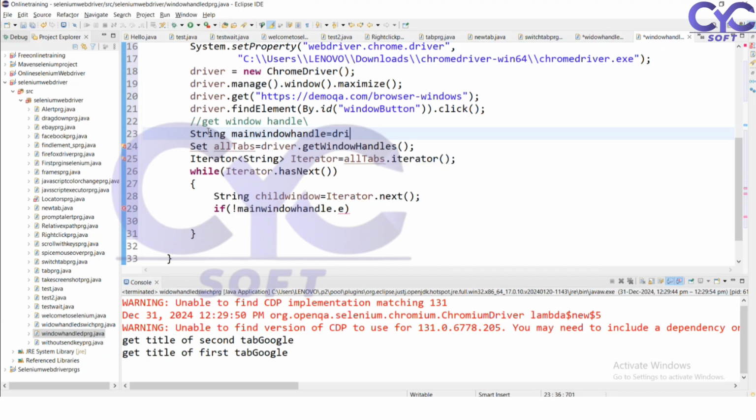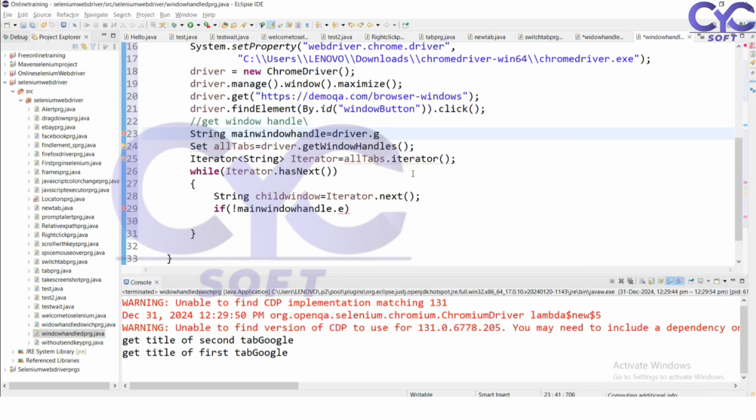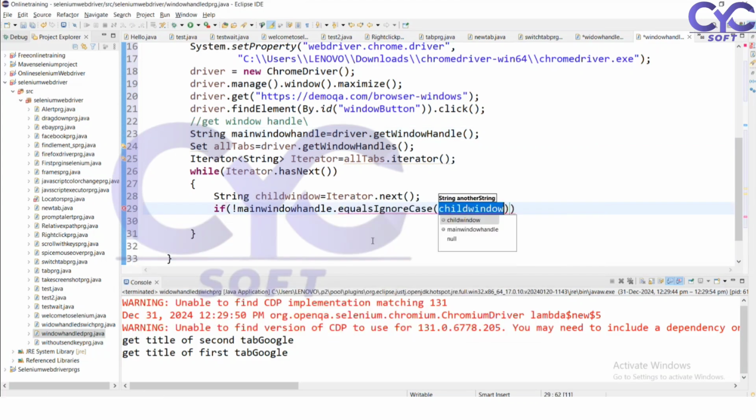So I have to switch to the main window, driver dot get window handle. One window is the main window, so that's why I'm switching to the main window. I have taken one window is equal, ignore case, equals to child window. If it is equal to the child window, you can say that there is no need to switch. If it is not equals to the child window, what you can do, you can driver dot switch to